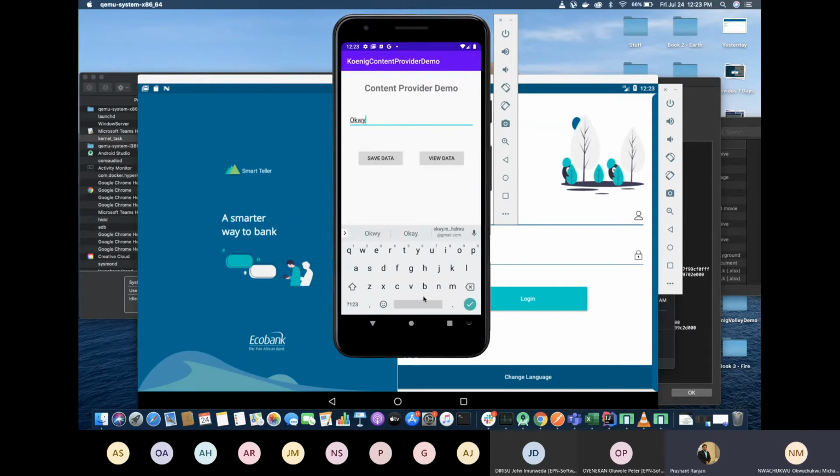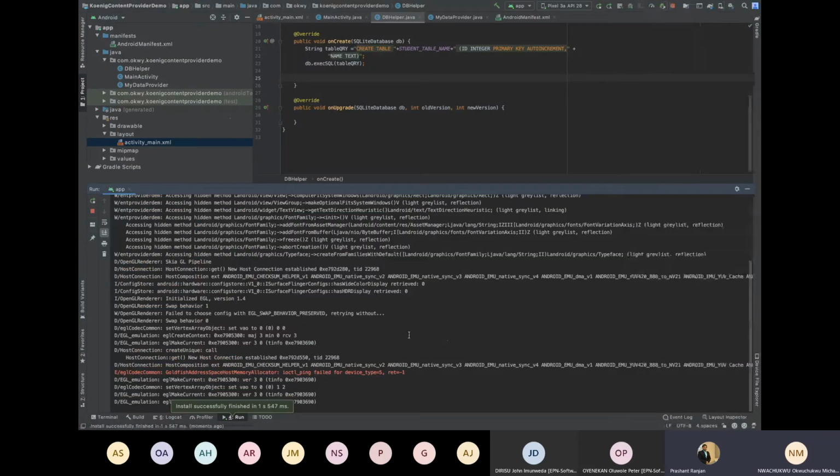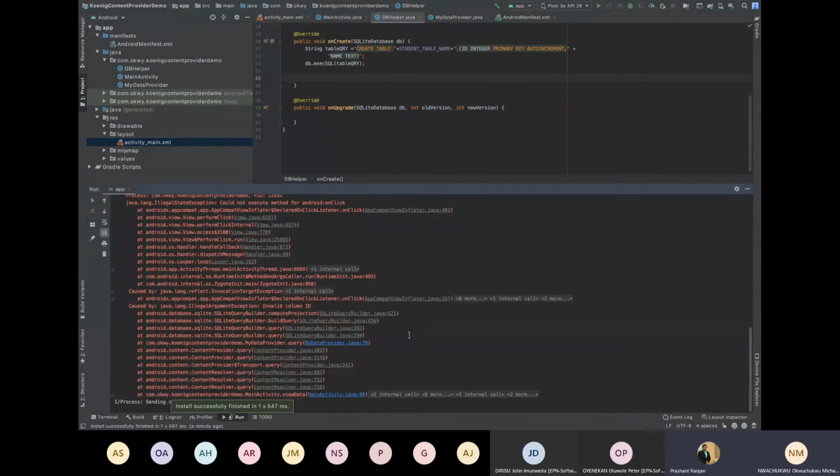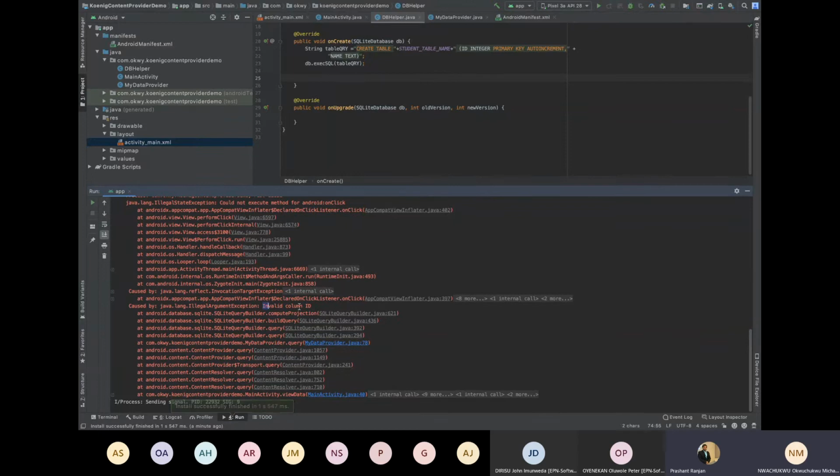Okay, I've saved one. Click on view. Press again. Let's show the code, please. Same error, similar: invalid column ID.